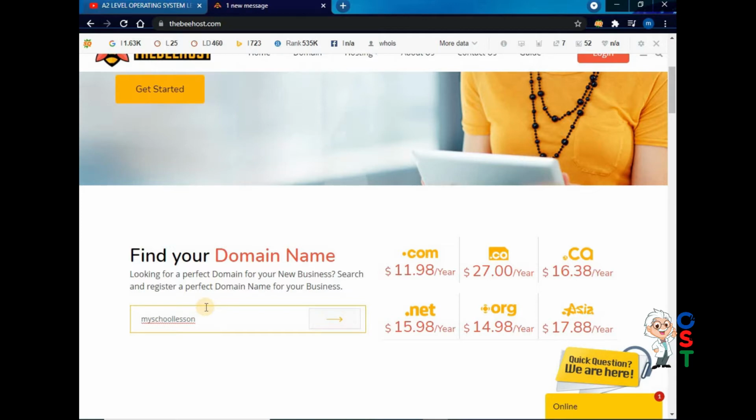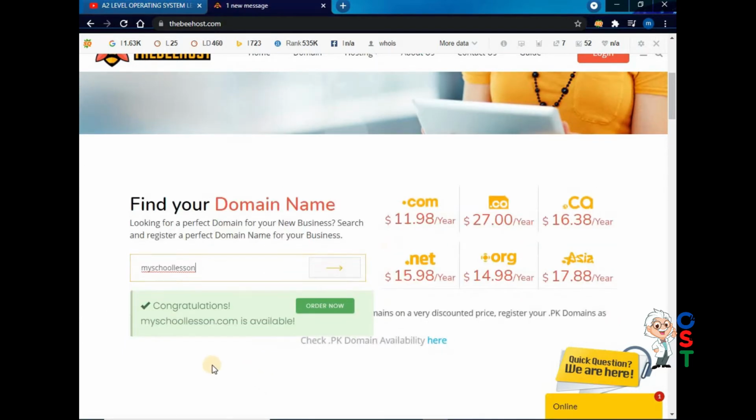The most common top level domain is .com. So it will tell me about myschoollesson.com first. myschoollesson.com is available. So if I want to buy, I can click on order now, and then I can pay by using my credit card, and this domain will be mine.